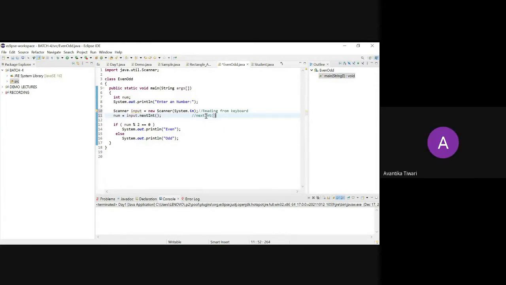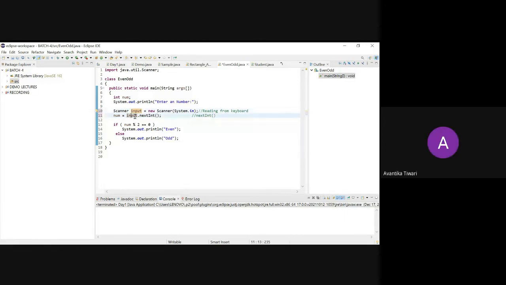Very good. So yesterday we discussed that if we have some members inside the class, we cannot access them directly. We should have an object of that class in order to access the members. So what is the object of Scanner created? Input.